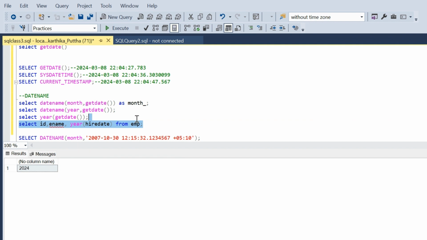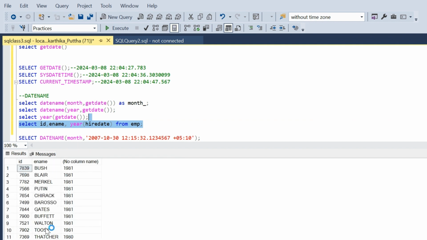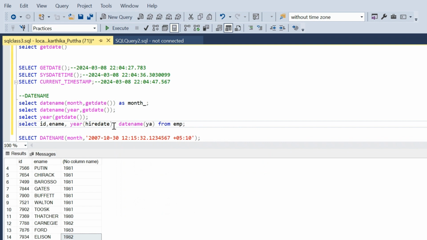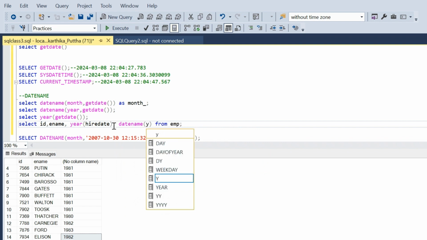See here, 1981, 1981, 1980. This is the hire year of that specific employee. This is how the year works. The same result we can achieve by using the DATENAME or the YEAR of GETDATE also. Okay, see, comma, it is your wish. Whatever you want to use, you can use YEAR